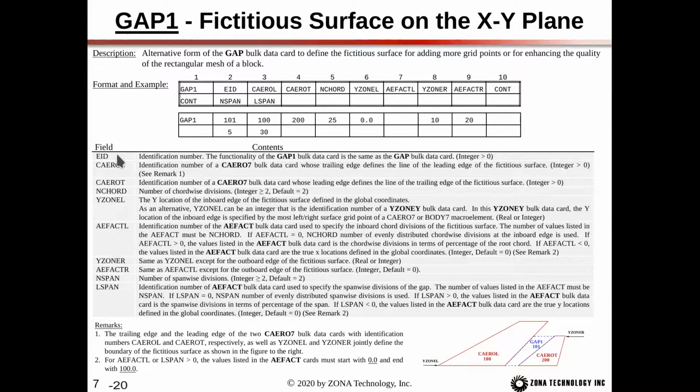So we have an identification number, and then C0L is the identification number of the C07 in front of the gap. So the trailing edge of C0L becomes the leading edge of the gap. And then C0T is the C07 behind the gap. So the leading edge of C0T is the trailing edge of the gap. End chord is the number of chordwise divisions. Almost always this would be set to 2 because I was thinking span. The number of chordwise divisions is for adding additional chordwise divisions between these two